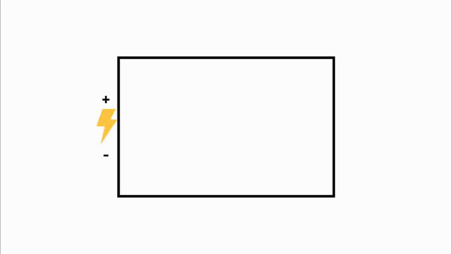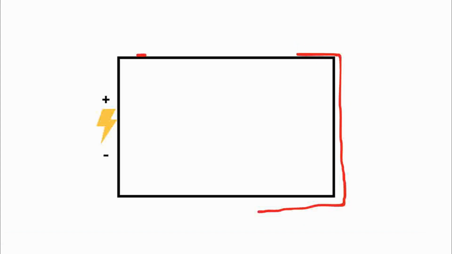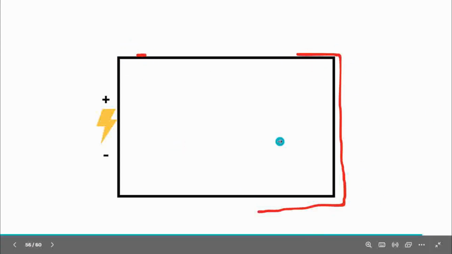Side note, the difference of potential will only stay the same if the segments of wire you measure are also the same length. For example, you get the voltage difference here on the wire, and you also get the voltage difference here on the wire. Because they're the same length, obviously they're going to have the same difference of potential, right? But let's say you measure this very tiny segment, but then you also measure this really long segment. Obviously they're not going to have the same difference of potential, because this segment is way smaller, but this segment is way longer. So keep that in mind.